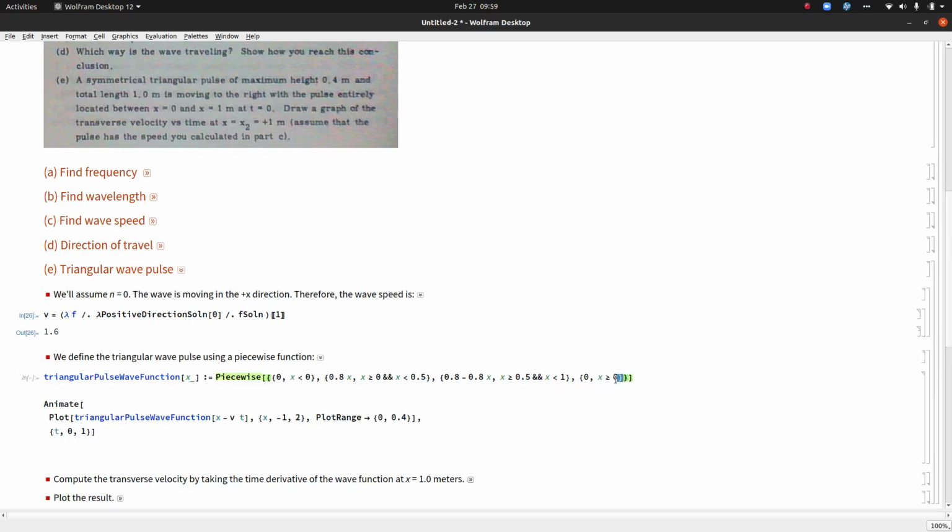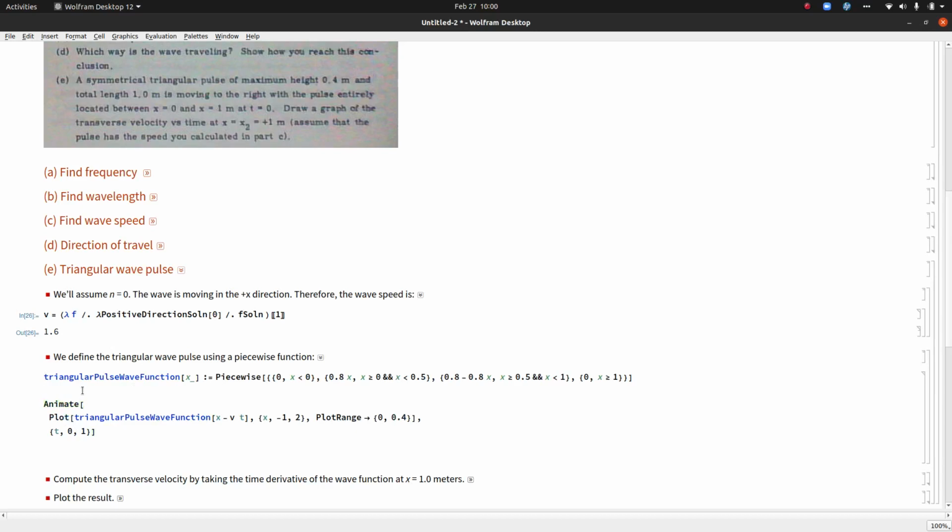Actually, this should be 1, not 0. For anything greater than 1, it'll be 0. Anything greater than 1 or less than 0, we have no wave pulse. But if x is less than 0.5, or between 0.5 and 1, then I've got just two different straight line shapes, and we'll show that this actually looks like a triangular wave pulse because I will animate a plot of